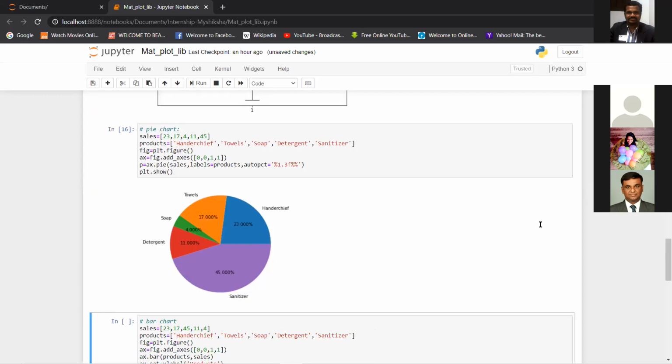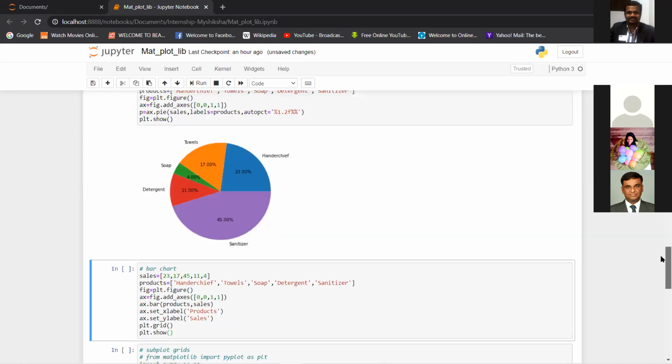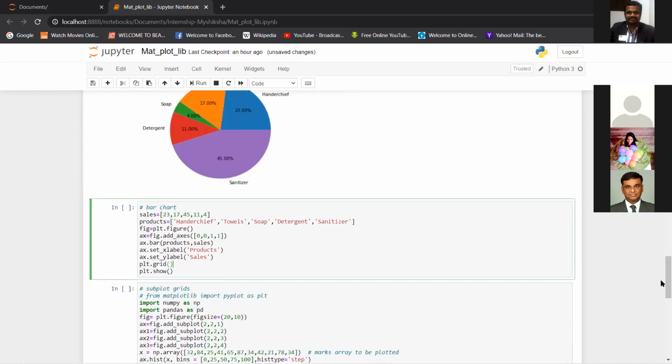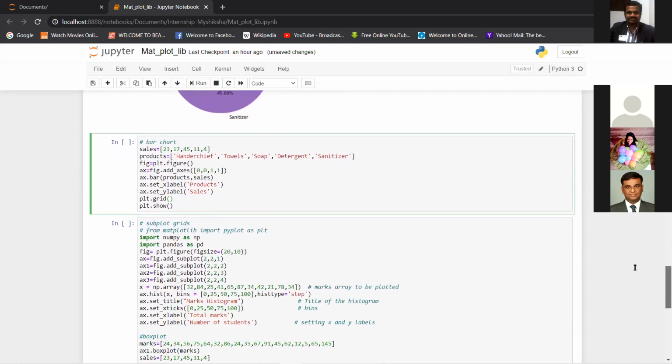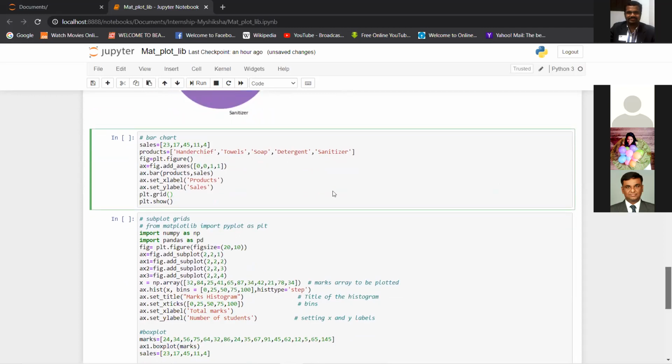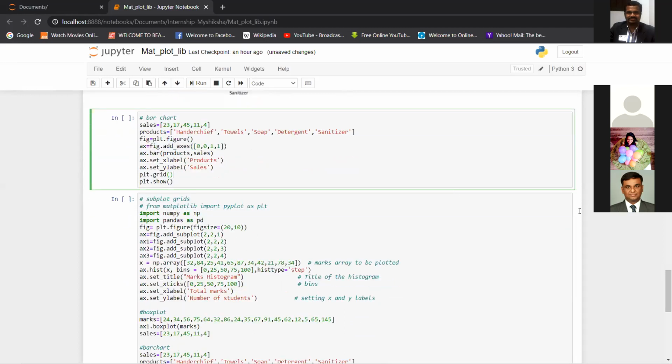So any questions here? A very simple pie chart. Try to run it parallelly and see the graph. So can we proceed to the bar chart?